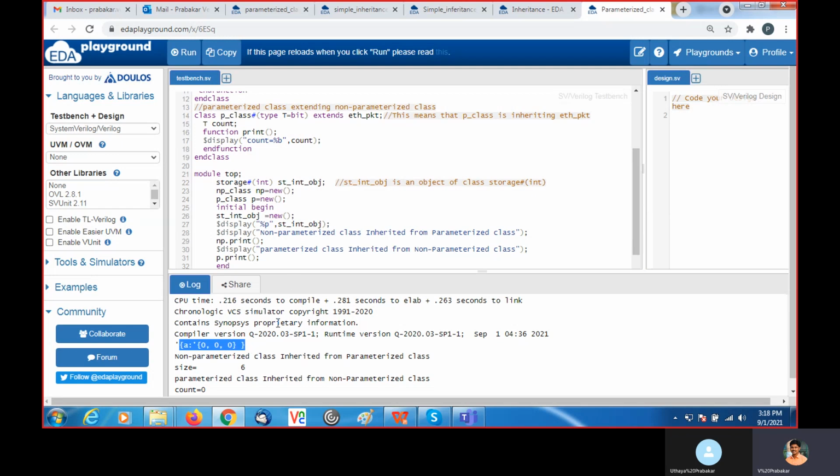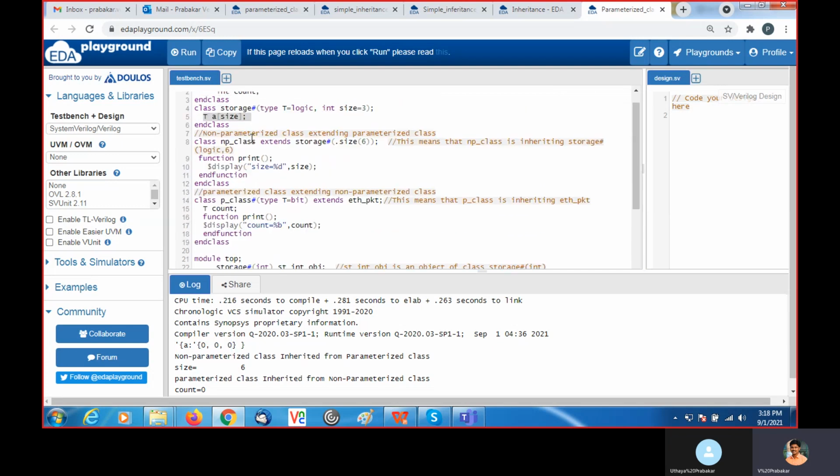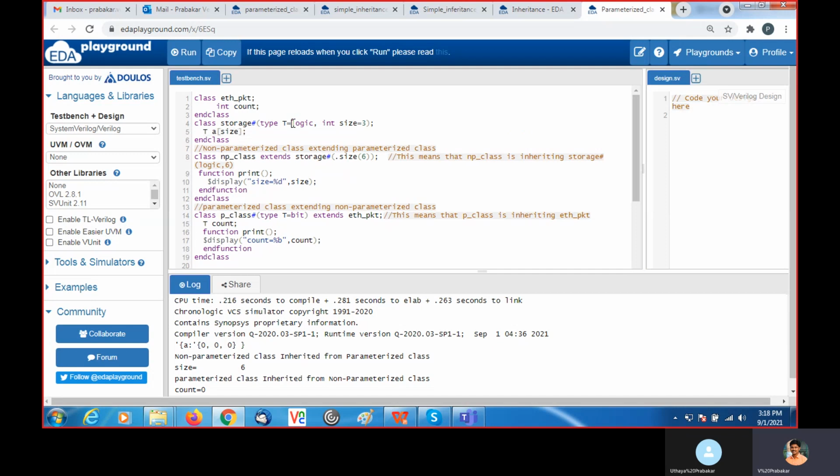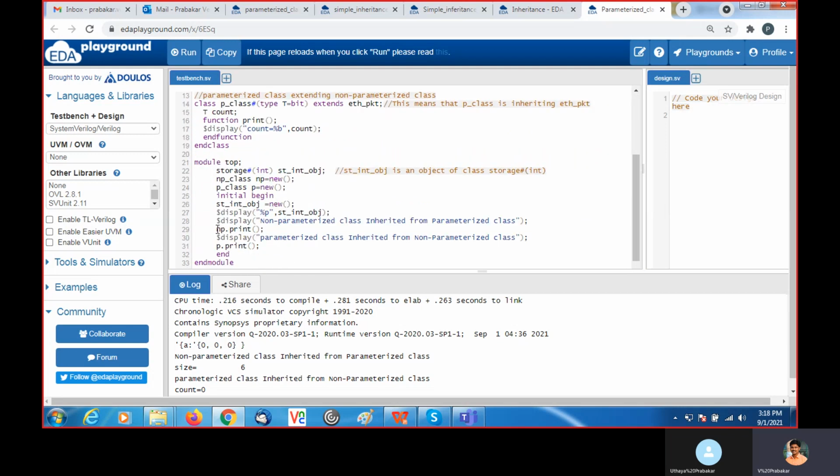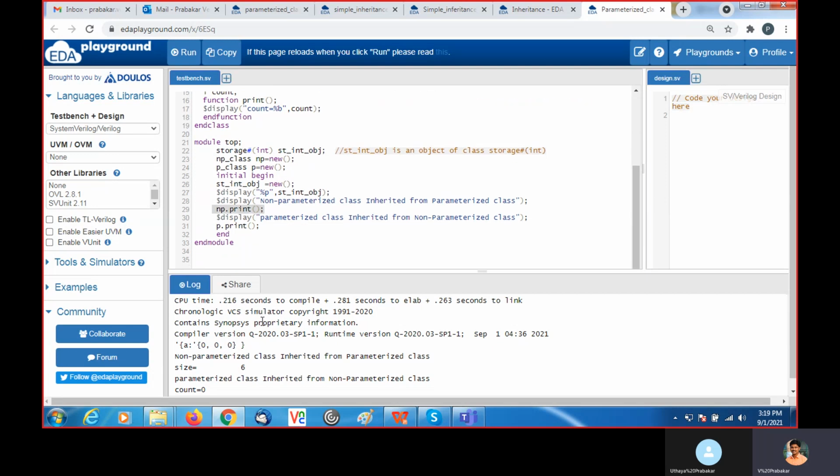A is a variable. So size is 3. Each location we can store an integer. By default it is logic. So we can store 3 bits or 3 logic values. Then in the NP class, NP dot print the size.